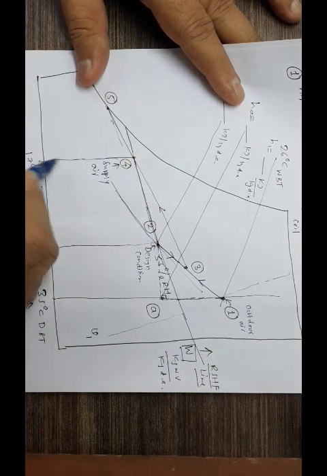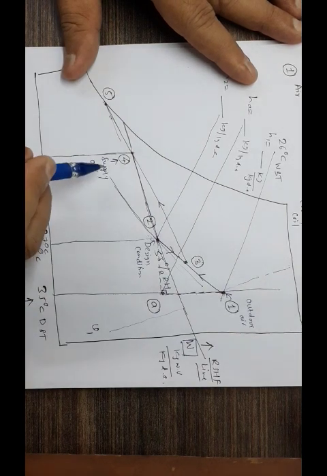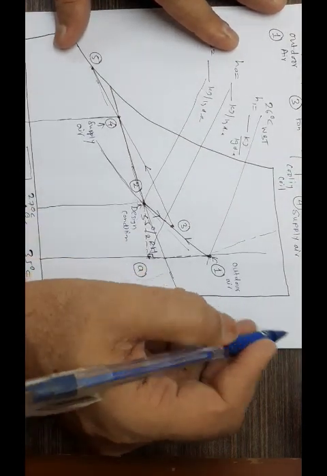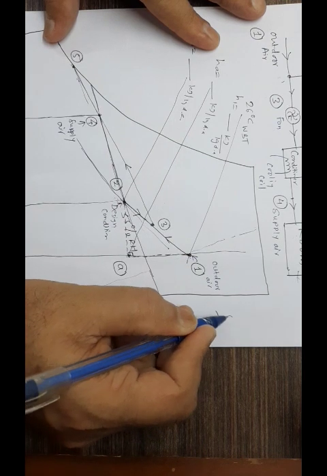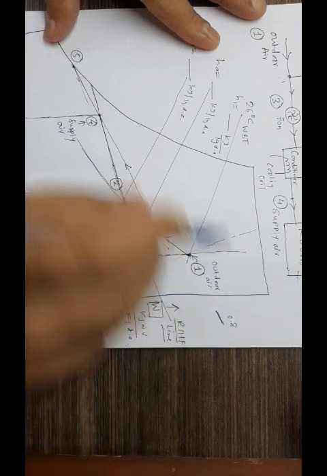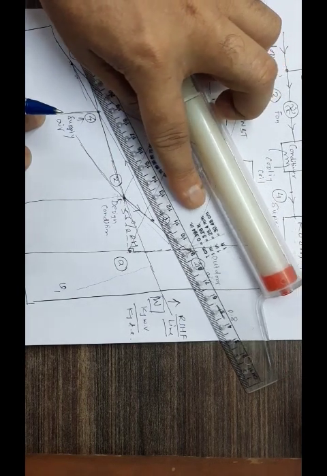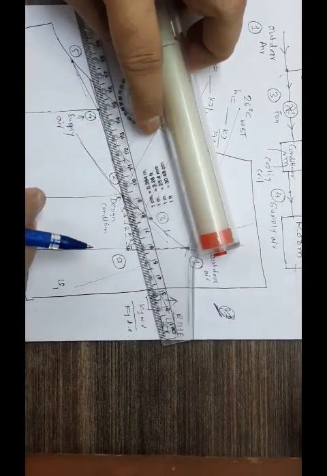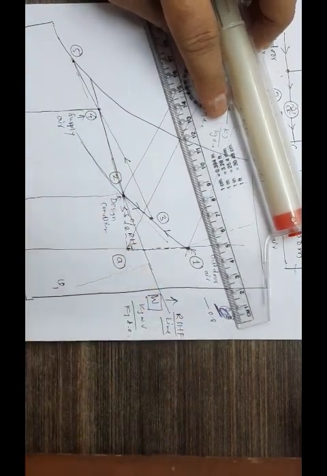Now how do you get this particular point 4? For that we need to have this particular line to be used. How to use this line? As I told you some time back, on your psychrometric chart somewhere here you have a line at 0.8. Suppose this is your 0.8 line. So what you do is take this roller scale, align it with this, and start sliding. Let me take it more correctly, because I had drawn this line already here. So let us say that this is my 0.8 line.